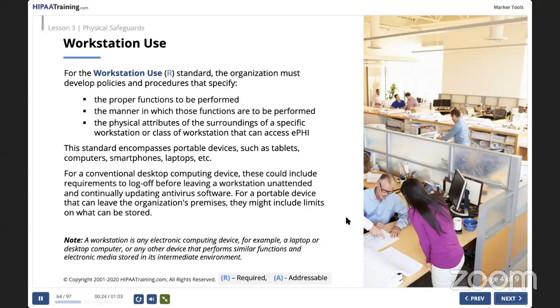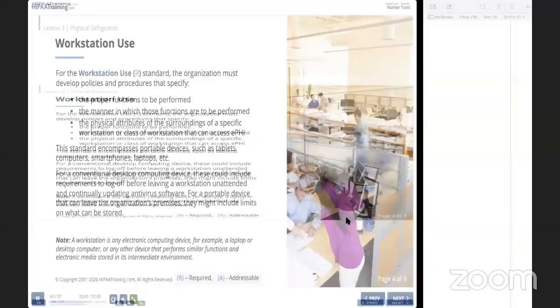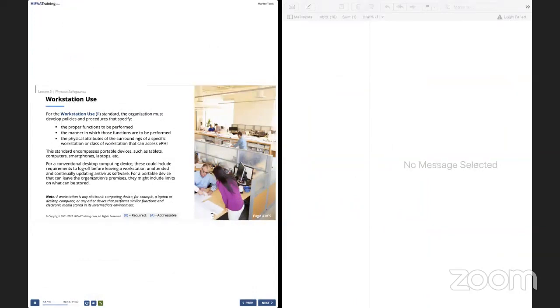This standard encompasses portable devices such as tablets, computers, smartphones, laptops, etc. For a conventional desktop computing device, these could include requirements to log off before leaving a workstation unattended and continually updating antivirus software. For a portable device that can leave the organization's premises, they might include